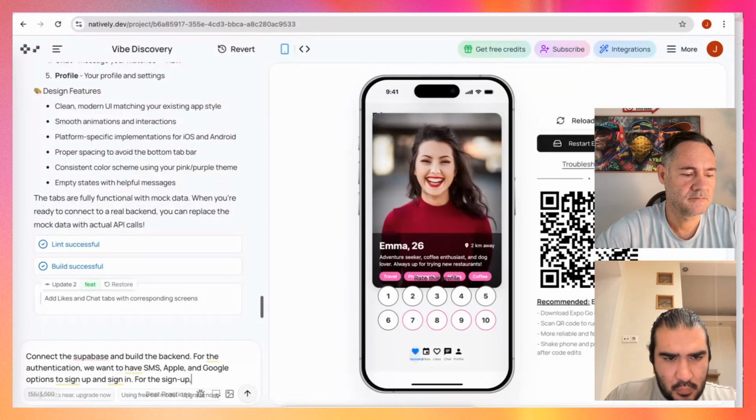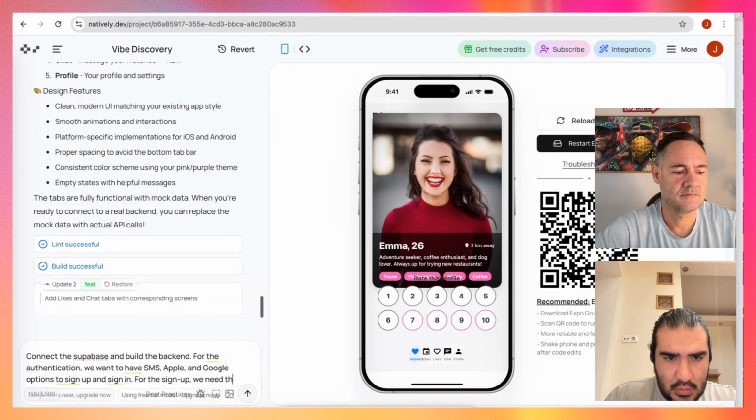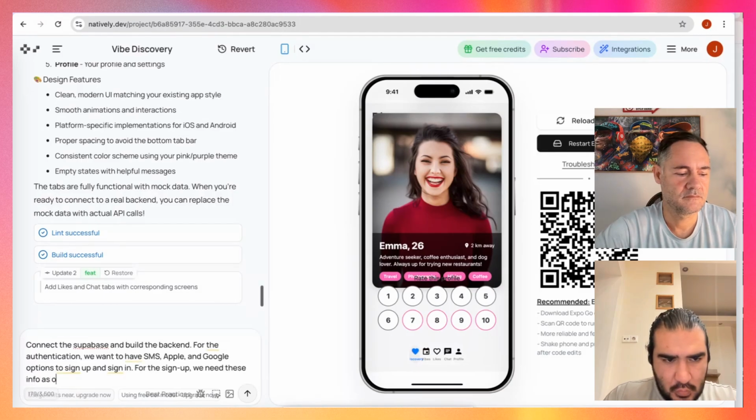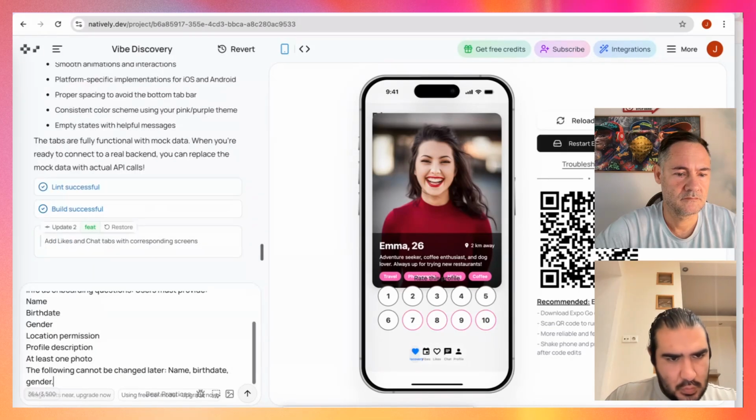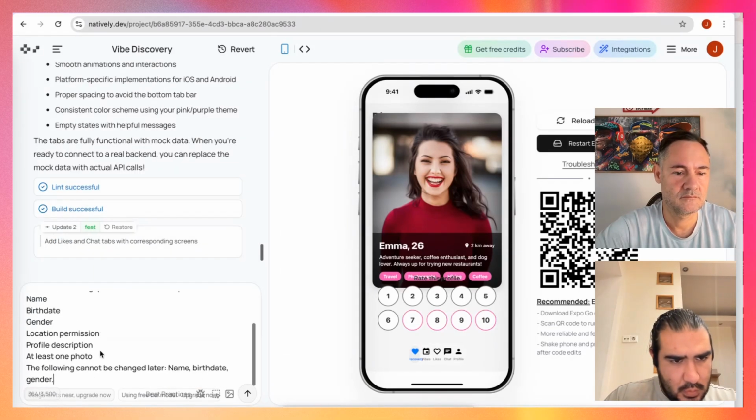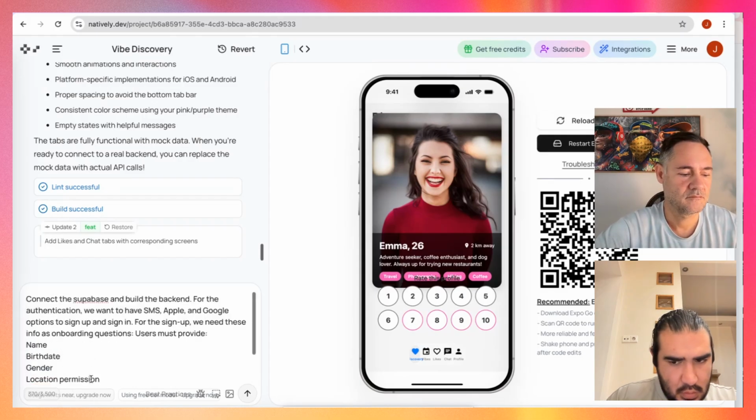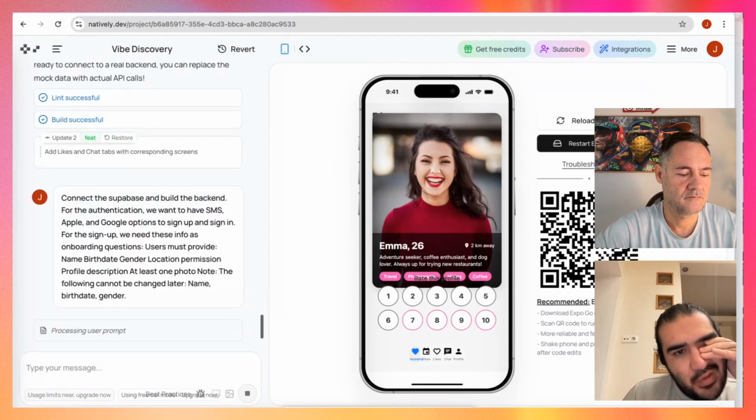For sign up, we need this info as the onboarding process. Let me process onboarding questions. Let me give it a go. Okay, let's give it a go. Let's hope. Let's see how it does.